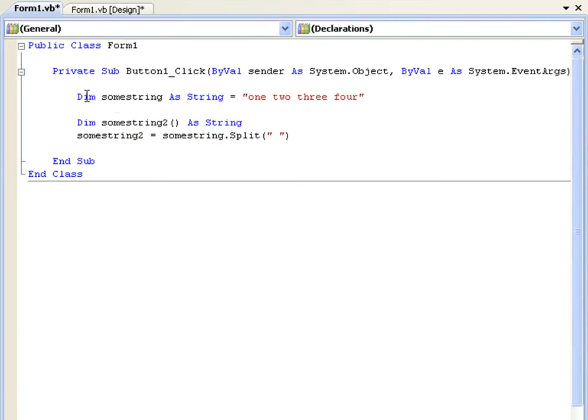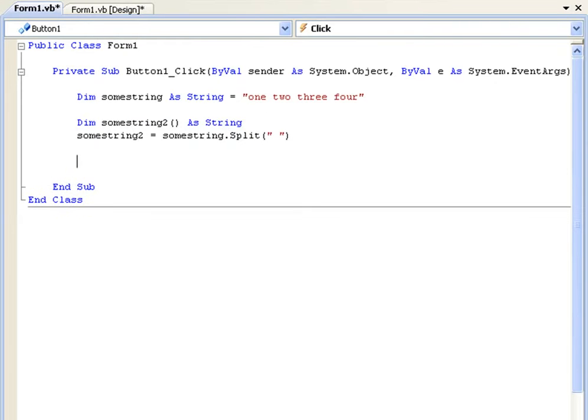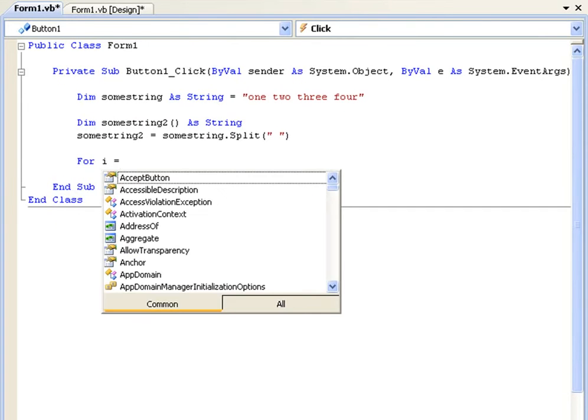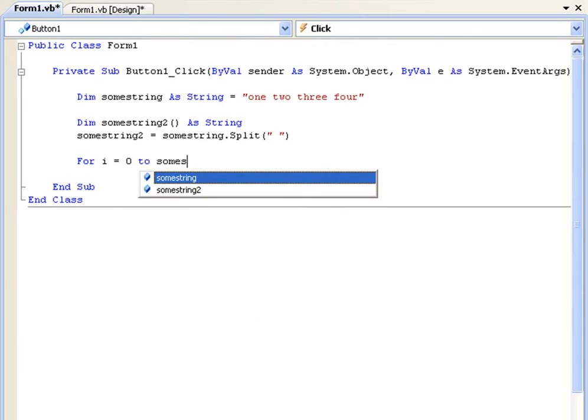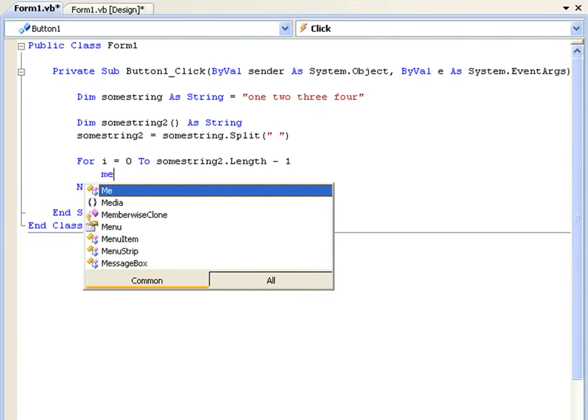Okay, so let's go over this. First we declare some string as a string, and it's just going to be these 4 words. Then we declare some string 2 as an array, as a string, and then we give it the value of splitting some string, which is here, by a space. So now we're just going to loop through this array, and we know how to do this from a previous tutorial. It's going to say for I equals 0 to some string 2, which is our array, dot length minus 1,